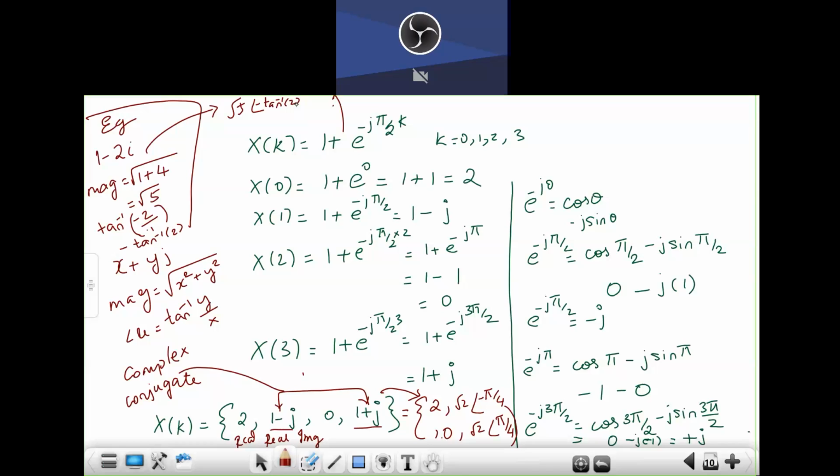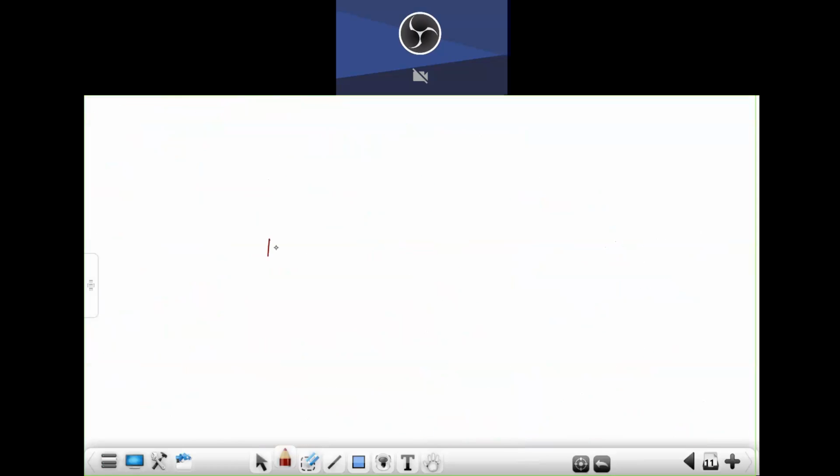Got it? If you're not getting the calculator thing, please make a note of this expression. Put a star and write it down somewhere. But in your calculator, you have the option to directly do it. The first thing you need to remember is to keep it in complex mode. Once you press the complex mode, you press shift and 2 together.